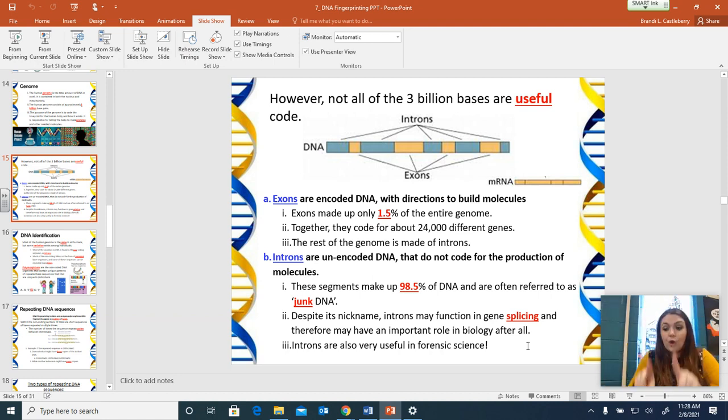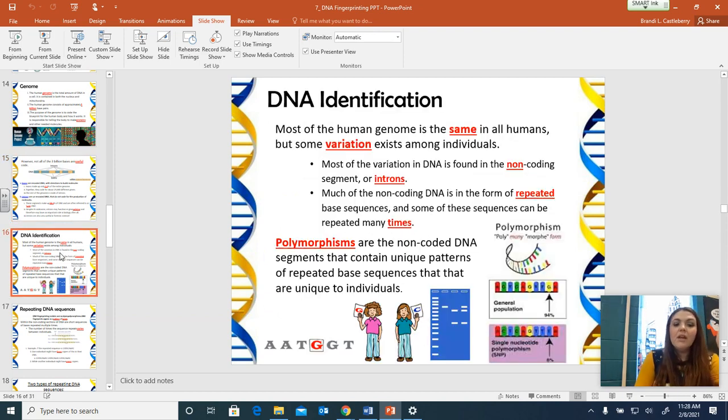So it is your code. It is specific to you, but it is not coding for a specific thing to be made. So they are junk DNA, but it's still useful in our science. So introns are still very useful to us in forensics. DNA identification. So most of the human genome is the same in all humans because we have all the same